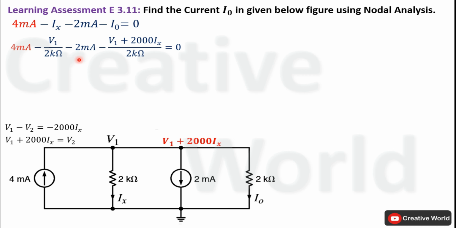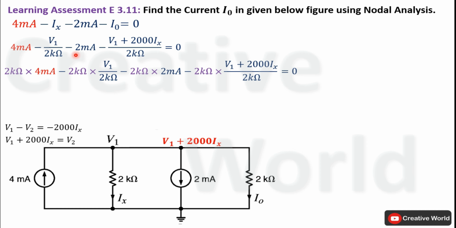For the solution of this equation, we will multiply this equation on both sides with 2 kilo ohm in order to omit all denominator values. Product of 2 kilo ohm and 4 milliampere will result in 8 volt. Kilo will cancel out with milli. Here 2 kilo ohm will cancel out with 2 kilo ohm in the denominator, only V1 will be left. Product of 2 kilo ohm and 2 milliampere will result in 4 volt. Similarly, 2 kilo ohm will cancel out with 2 kilo ohm in the denominator,